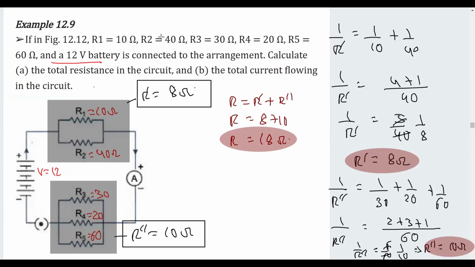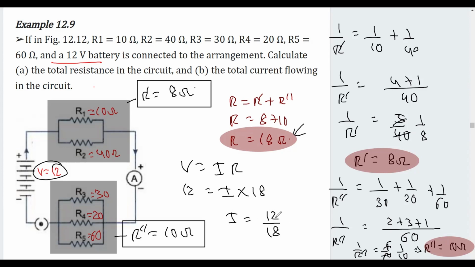circuit. So here we can apply the formula derived from Ohm's law, V is equal to IR. V we know as how much? 12 volt. And I is what we have to get. And the resistance is how much? 18. So I will be 12 divided by 18. On reducing, it is how much? 6 2 times, 6 3 times. So that is 0.66 or 0.67